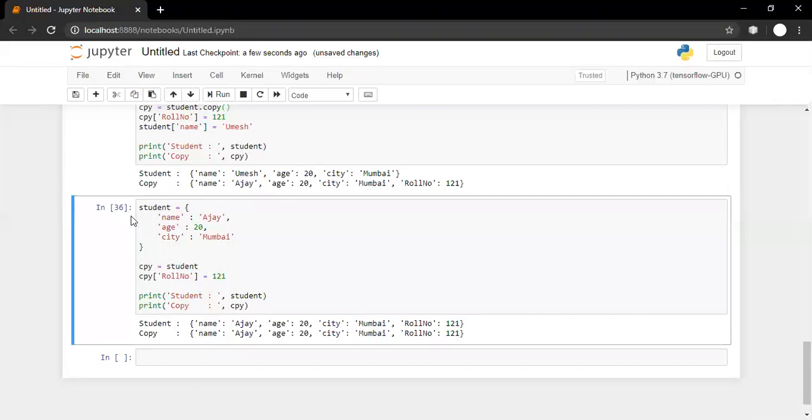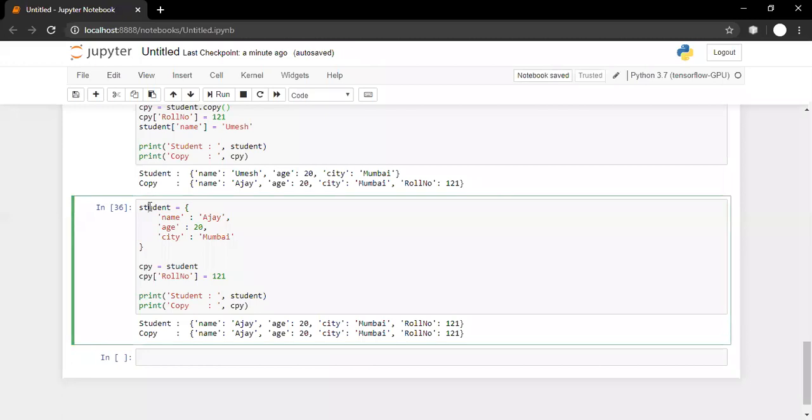Why so? Because here both cpy and student are names pointing to the same object. Here a separate copy of the object is not created. Two different names are pointing to the same object. So if you perform some changes in student using the student name, it will be reflected in the copy. If you perform some change using the copy name, it will be reflected in the student object, because two different names are pointing to the same object.